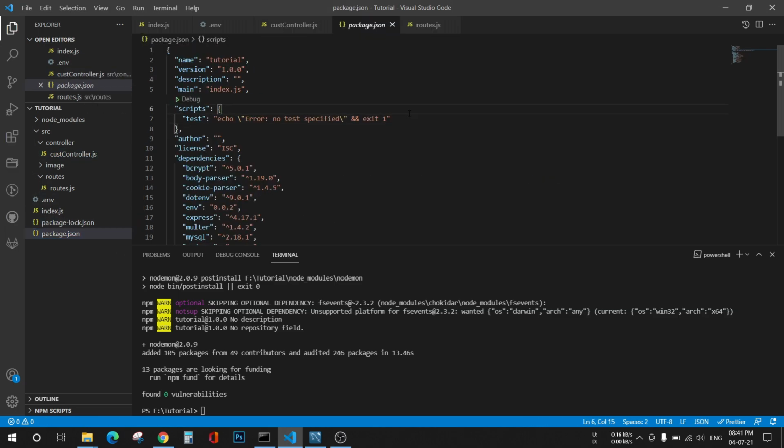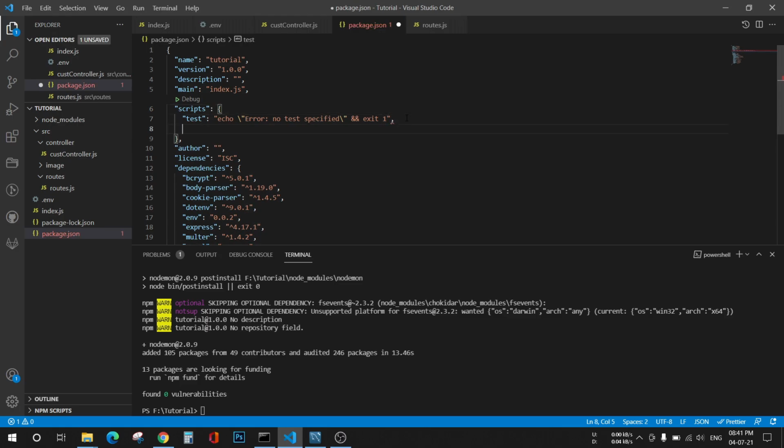here we have to write a simple single line of code, that is start, and nodemon, or just node index.js. That is our landing file. The index.js file is the landing file, so you have to mention it here. Just save it, and now by using this command, npm start,